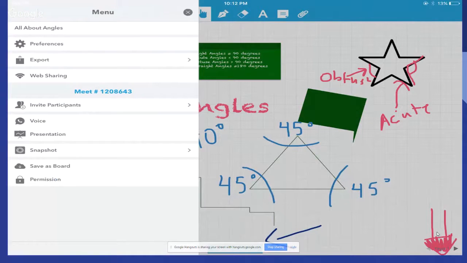Okay, so next, if you tap the 3 dots after you've created a meet, you'll get some extra options this time. Your meet number is clearly identified, but you can invite participants. There's one for voice, one for presentation mode, and there's one to take a snapshot. I clicked on take a snapshot because it will save the way the board currently looks as a kind of a backup board. So if everyone does a snapshot, or if just the leader person or anyone does a snapshot, it will save it as a separate